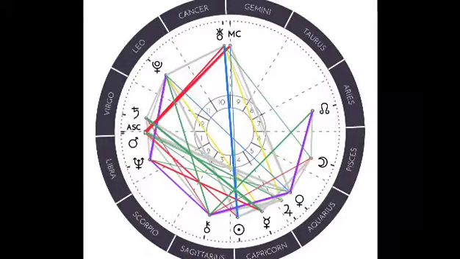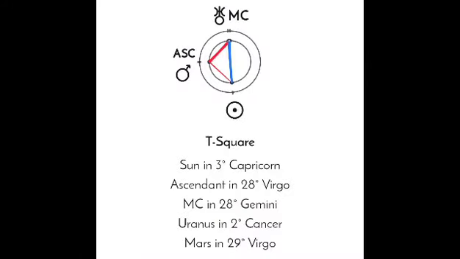So basically, this is the way that her chart looks. And if you take a look at those red lines, this is what this is. There's that geometrical pattern. Now, she has multiple geometrical patterns in her chart, which is a lot of energy in her energy signature. But we're going to focus on the T-square. When you take a look at that shape, that geometrical shape, you can find the T-square for the more advanced ones. But for those of you who want to see it clearly, here is a very distinct picture of her T-square that is in her chart.